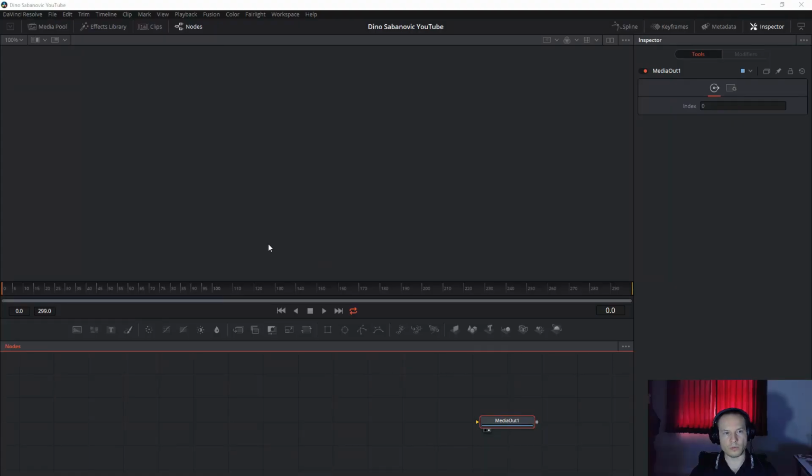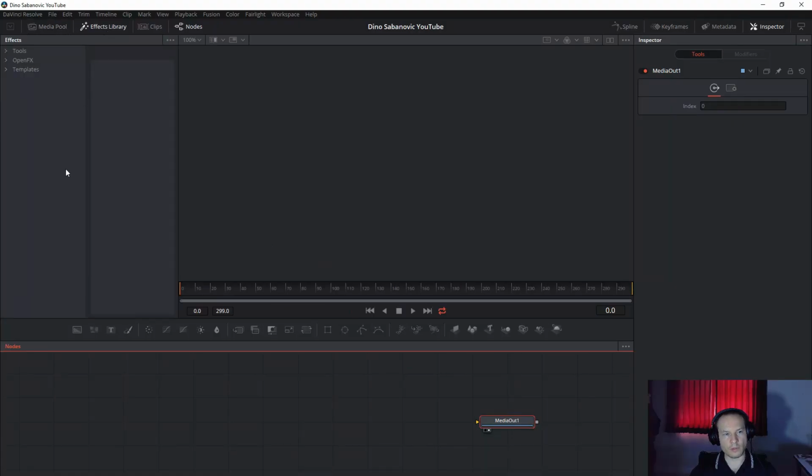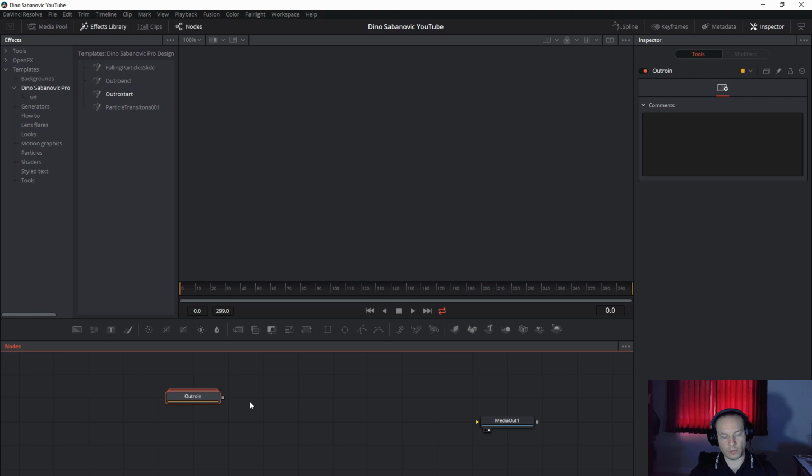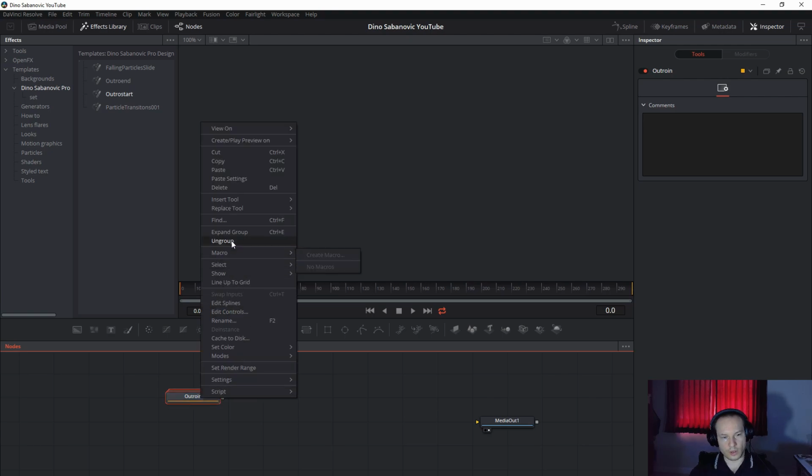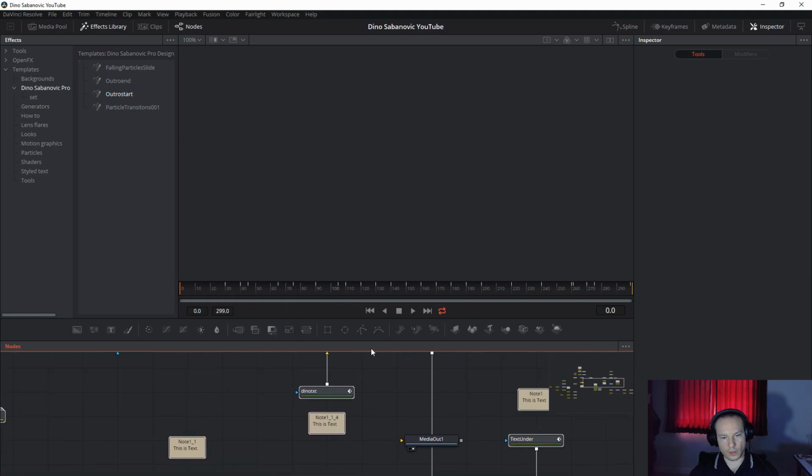Okay, once you open Fusion, go to the FX Library and the folder where you extracted your files. And then just drag intro, start or end. You will get two files, one for start and one for end. And in the middle you can just make a static picture because this will allow you to render much faster. So just click on group and then